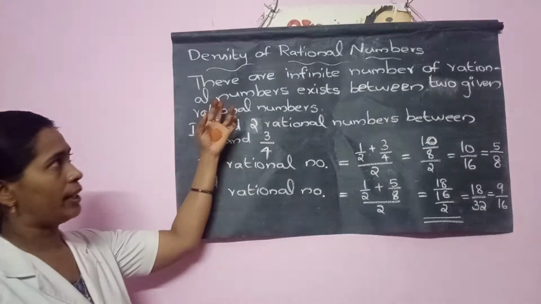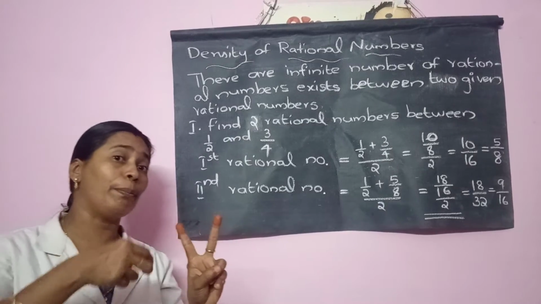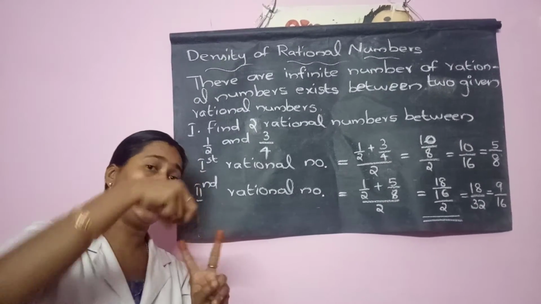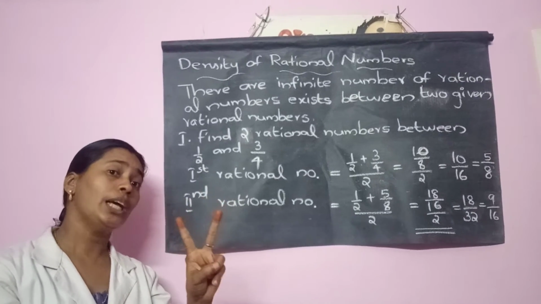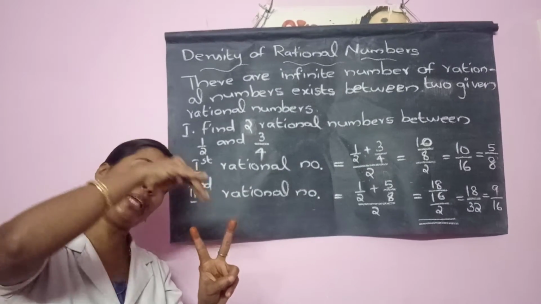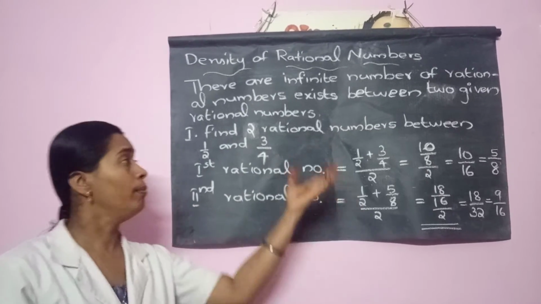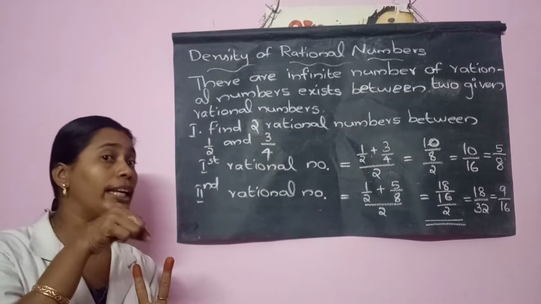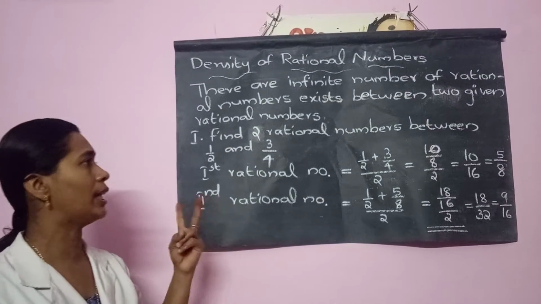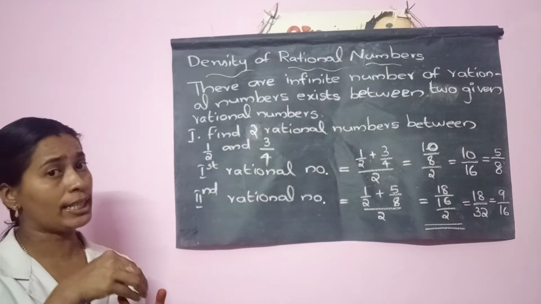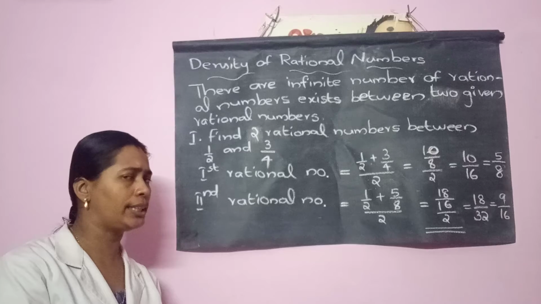Okay, we are going to study, when two rational numbers are given to you, how many numbers can you insert in between the two? In between the two given numbers, how many rational numbers can be inserted? There are infinite rational numbers that we can insert in between the given rationals. It is countless. When two rational numbers are given to you, we can insert infinite rational numbers, isn't it? Last year also I think you studied a little bit.